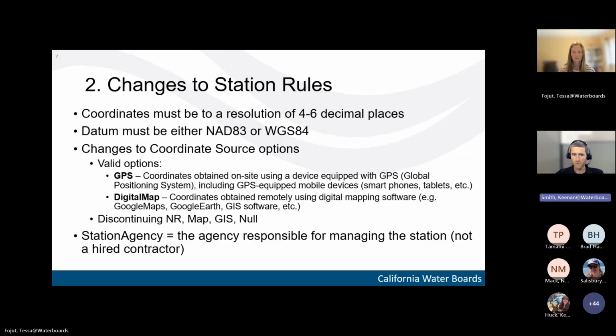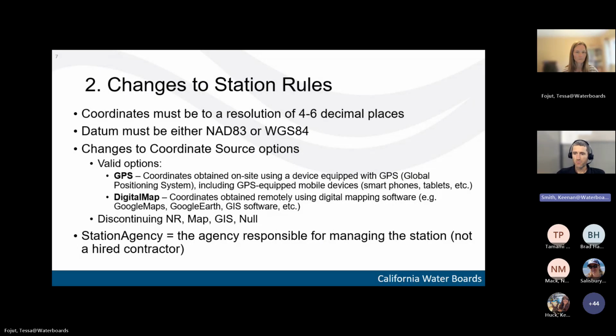So going forward, new rules will be station coordinates should be recorded out to 4 to 6 decimal places. And I want to call attention to the 6 decimal place max because that's different from what the agenda says. We had 5 on there, but we upped it to 6 in response to feedback from the RDCs. And if your coordinates have trailing zeros, we do want those included.